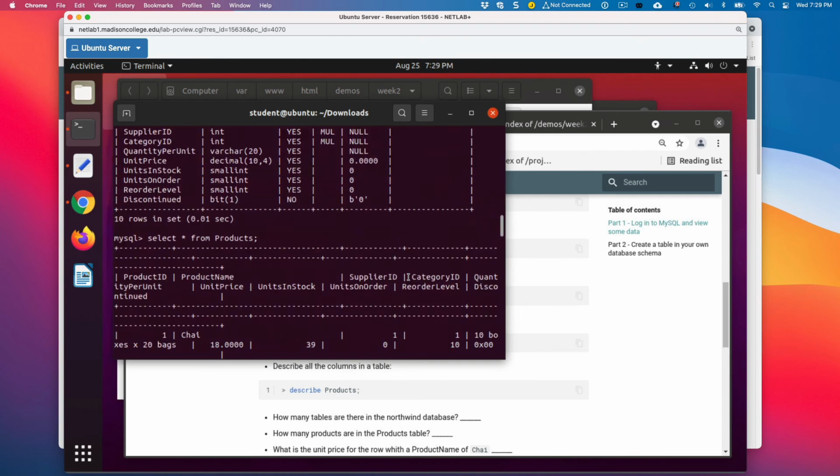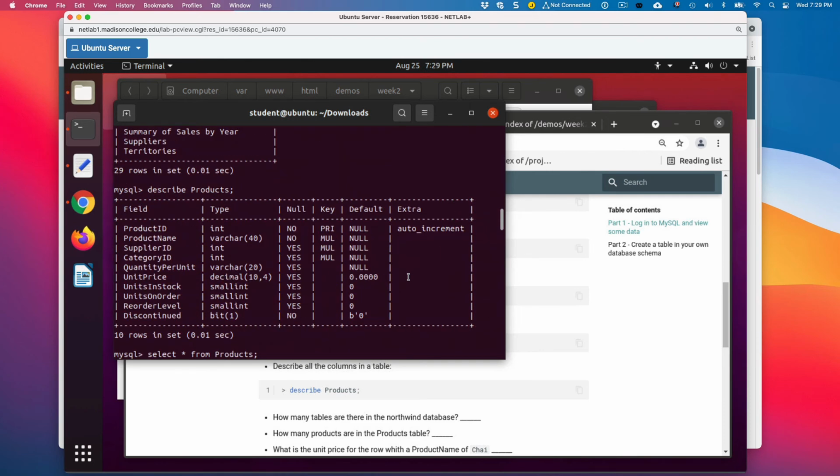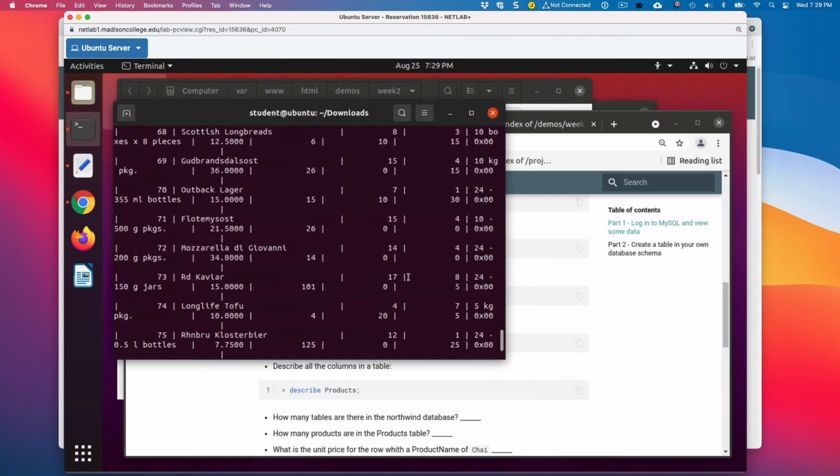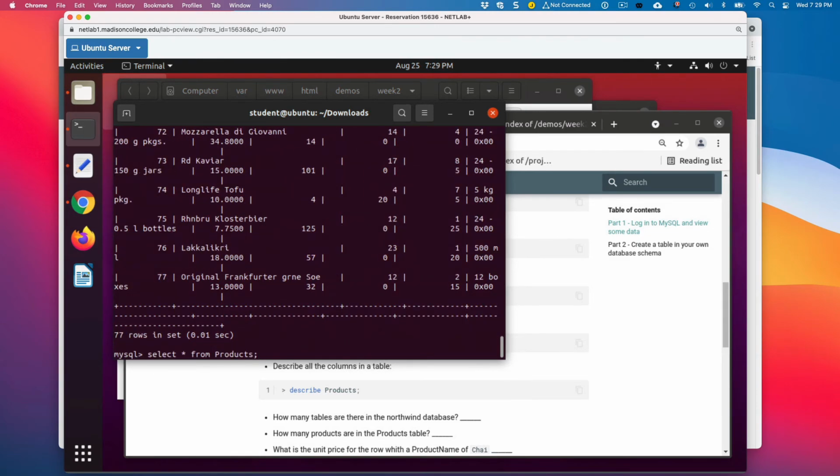Now what I could do, if we go back up here, let's see, we'll say product name and unit price. So instead of select star, first, let's do this.